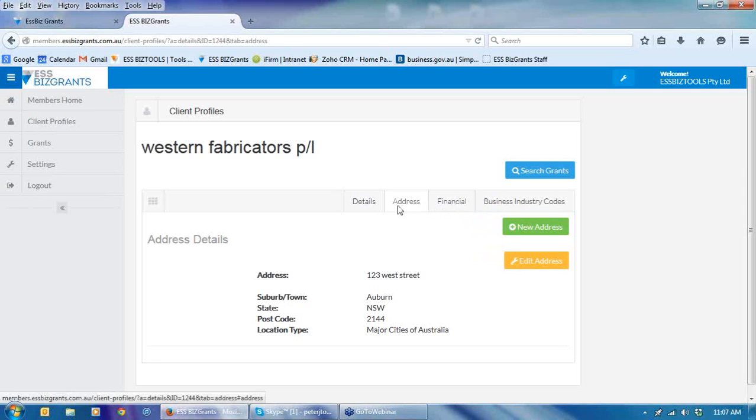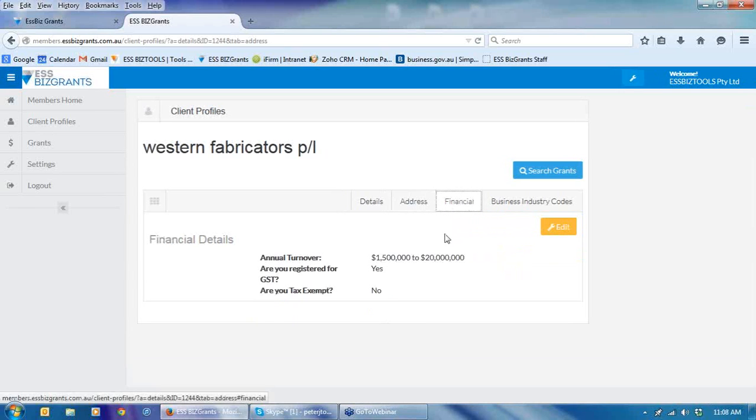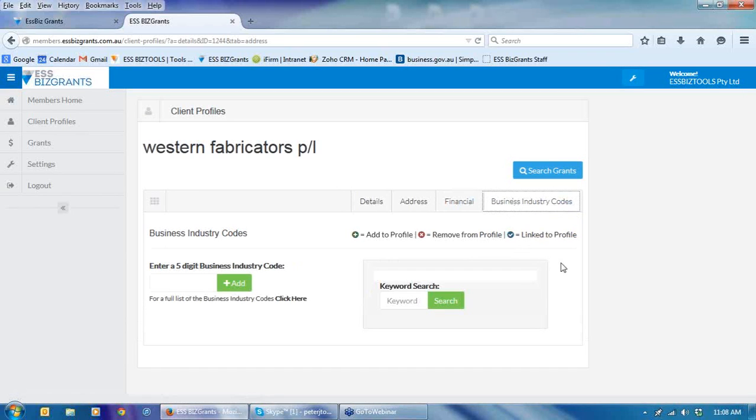The other information there on financial is basically a repeat of what we've already put in, so you can just check it to make sure that you're happy with that. So the next thing we need to go to is the business industry codes. Now these are based on the Australian Taxation Office business industry codes,